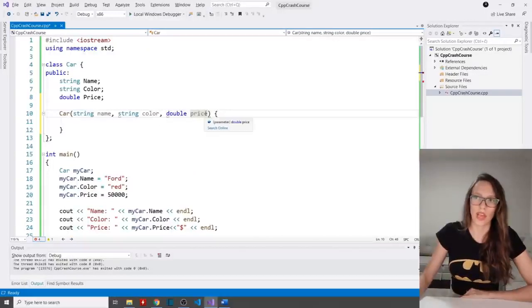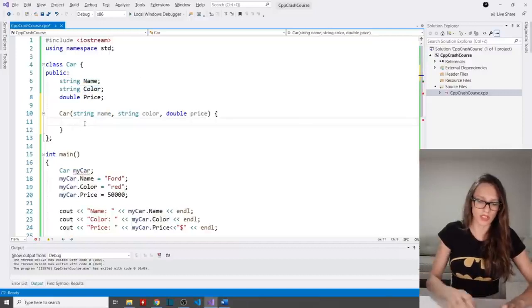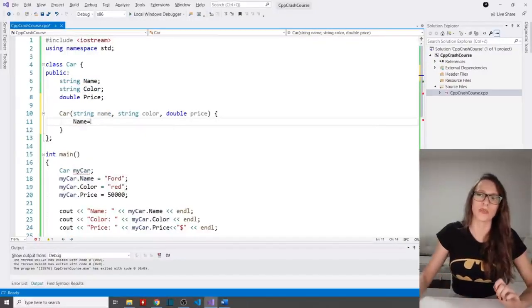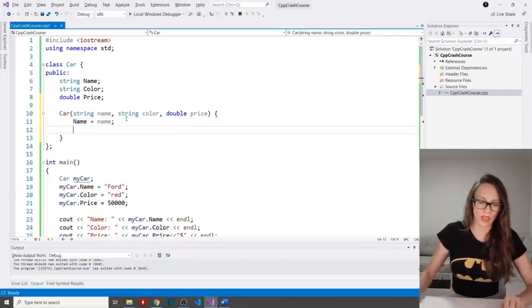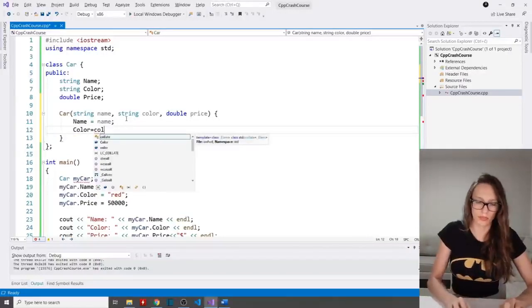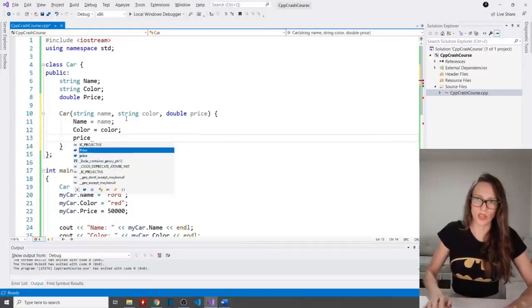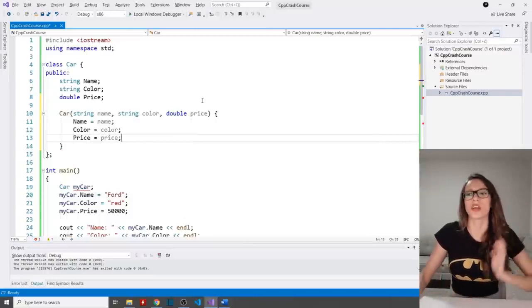Okay, and what I want to do with these parameters that I have received in my class, I want to assign them to the variables. So I want to say name is going to be equal to the name that I received in my constructor. Name, like this. And then color is going to be equal to the color that I received in my constructor. And then price is going to be equal to that price that we have received in our constructor as well.